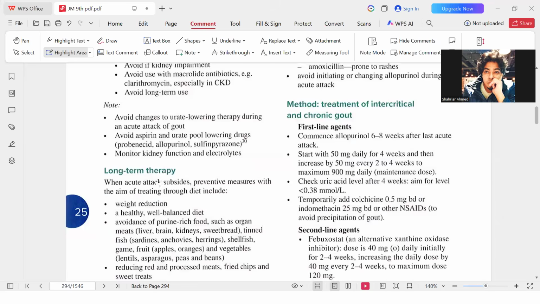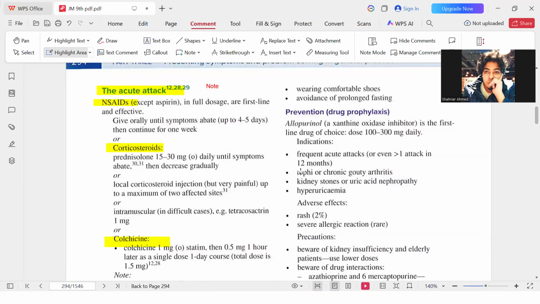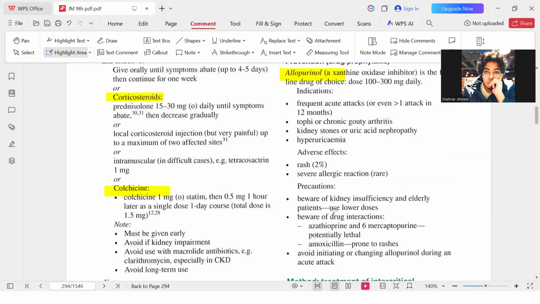Okay, so if we go more long term, of course, weight reduction is very, very important. Also, you can see preventive drugs like allopurinol. So this is another important thing. Guys, here's a very important piece of information. Can we use allopurinol, let's say, if someone is having a recurrent attack? Can you use allopurinol in that case?